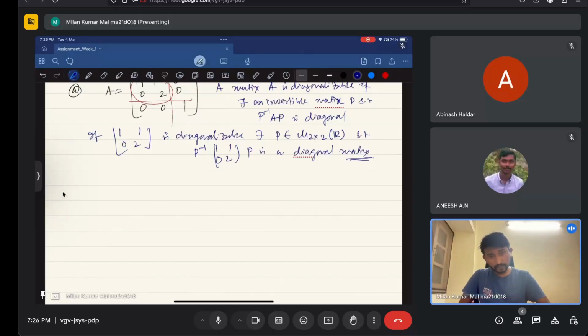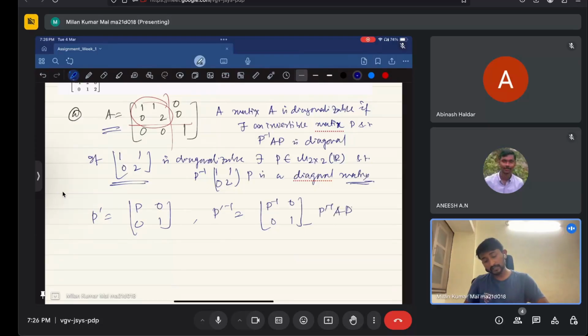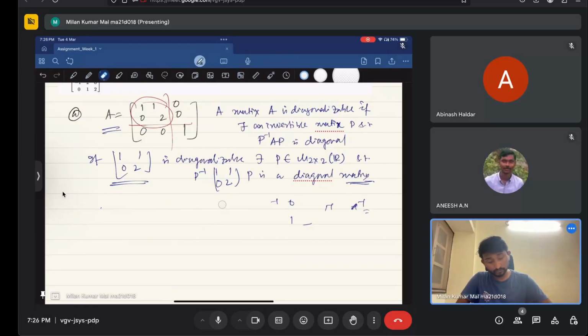So suppose we have this fact that this matrix is diagonalizable. Then for the matrix A one can get P dash that equals P, 0, 0, 1, a 3 by 3 matrix. Then P dash will be invertible, P dash inverse will be P inverse, 0, 0, 1, and so P dash inverse A P dash will be the diagonal matrix. So this is very clear. Therefore it's enough to show